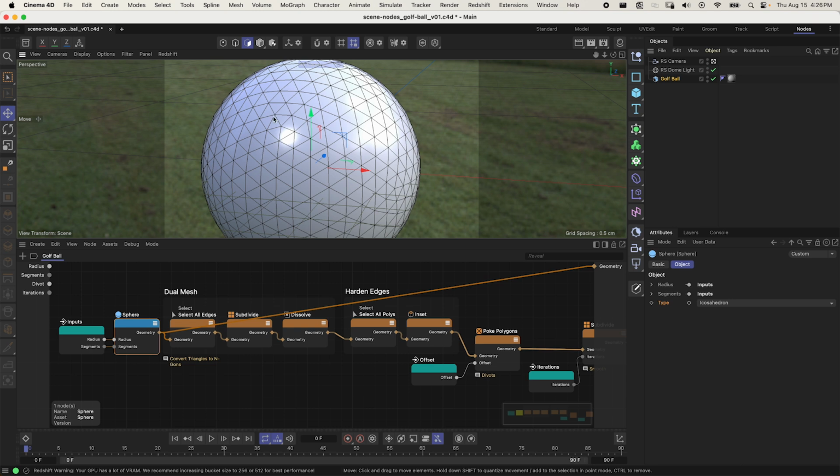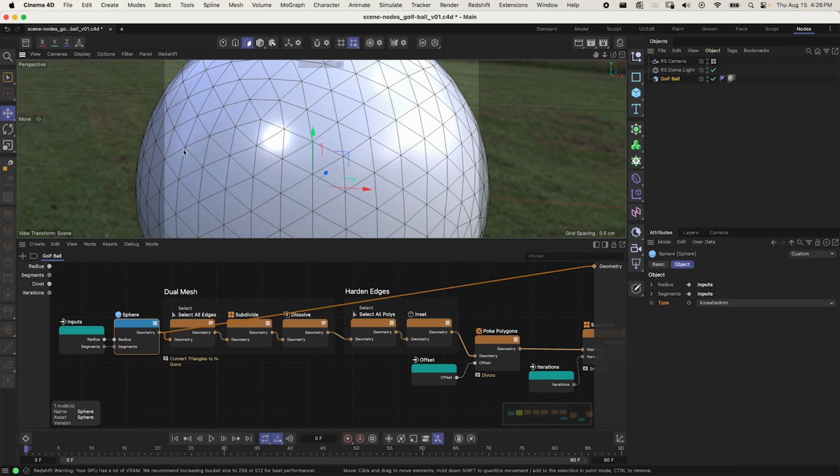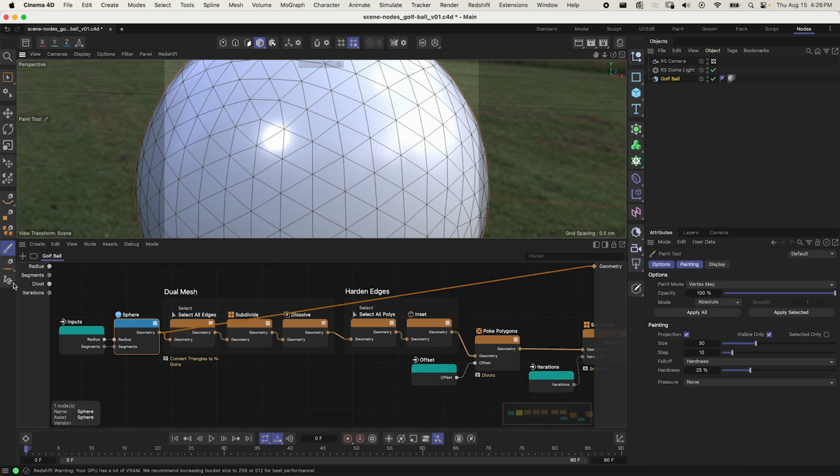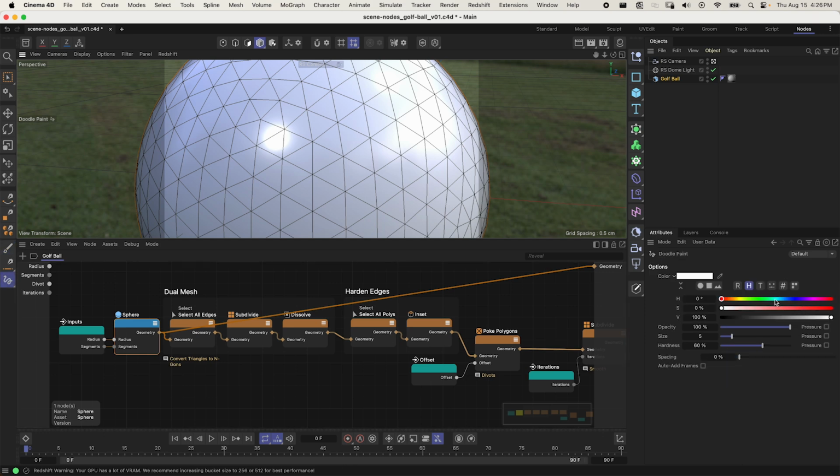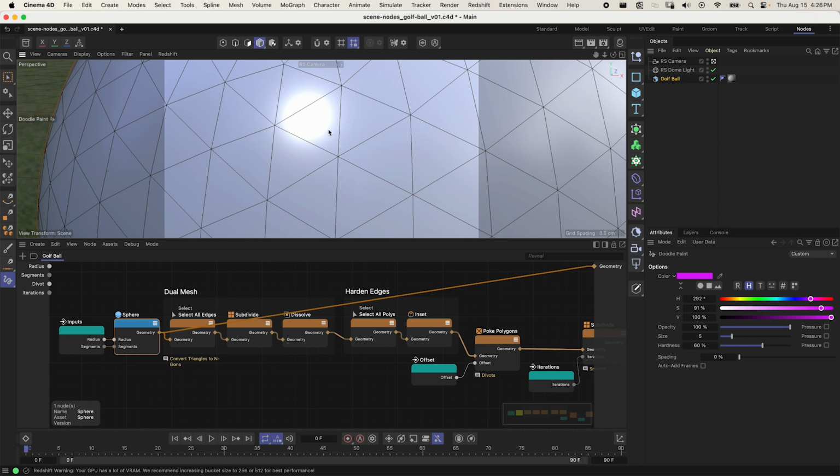And then we're going to take advantage of this in order to create what's called a dual mesh of these. So the opposite of what we see, which we can try and simulate here just by doing a little bit of painting. So I'm going to take this right here, and I'm going to paint sort of the structure of a dual mesh over top here. So we've got this point right here. These points exist right here. Now, what we can do is we can subdivide each of these edges,